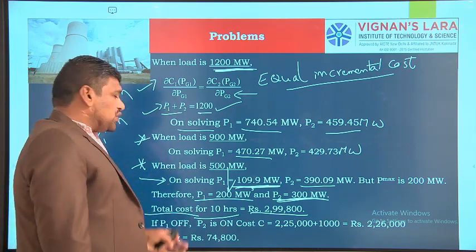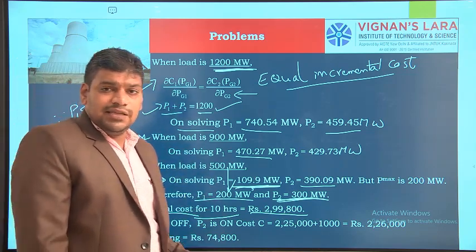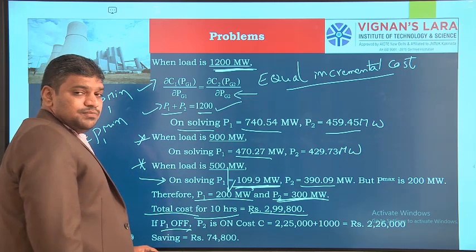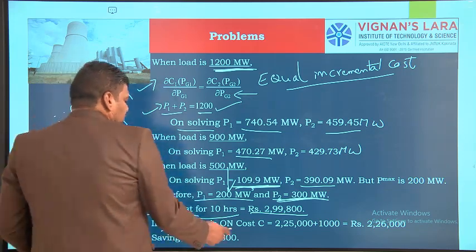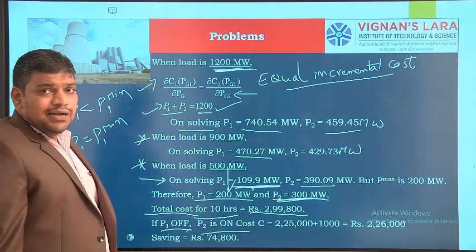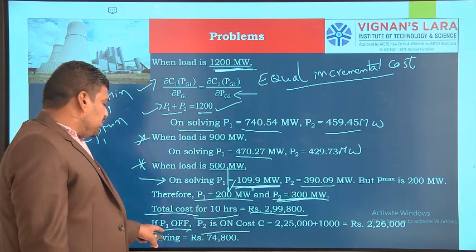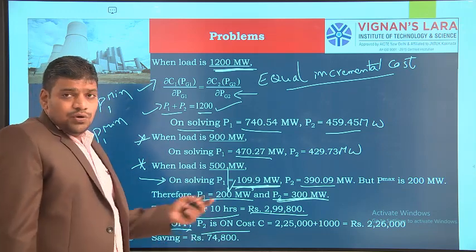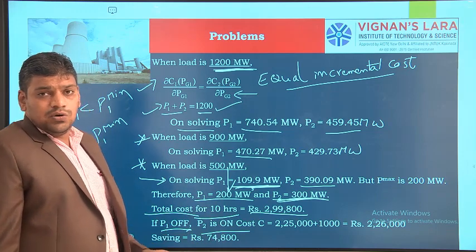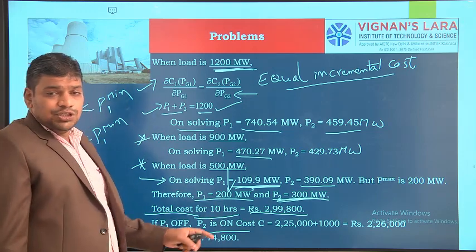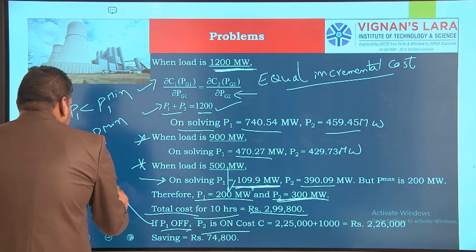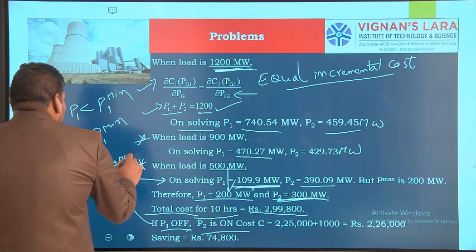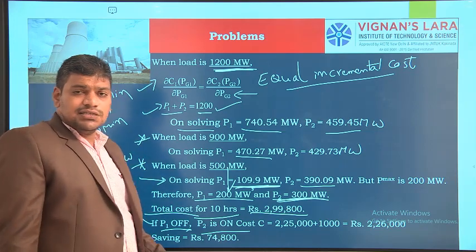Since we have the scope of meeting the 500 megawatts load by making use of a single generator, we will try one combination: P1 is off and P2 is on. When P1 is off and P2 is on, P1 is not going to generate any power, but P2 is going to generate. P2 is able to meet the load, therefore P2 should be set to the total load. So in this case, P2 is equal to 500 megawatts. The maximum generation possibility for a single generator is 800 megawatts.